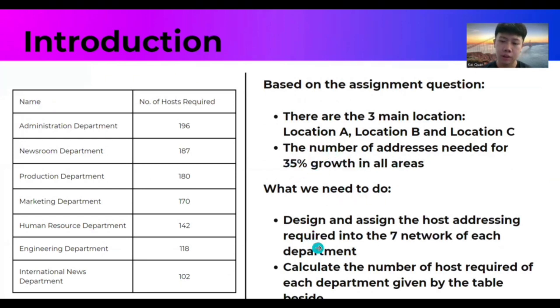In this assignment, the things we need to do is design and assign the host addressing required in the 7 level of each department. And we also need to calculate the number of hosts required for each department given by the table beside, which is this one. This table is also given by the assignment question. This one is the department name, 7 different departments, and the number of hosts required also has 7. So this one is administration department, newsroom department, production department, marketing department, human resource department, engineering department, and one more